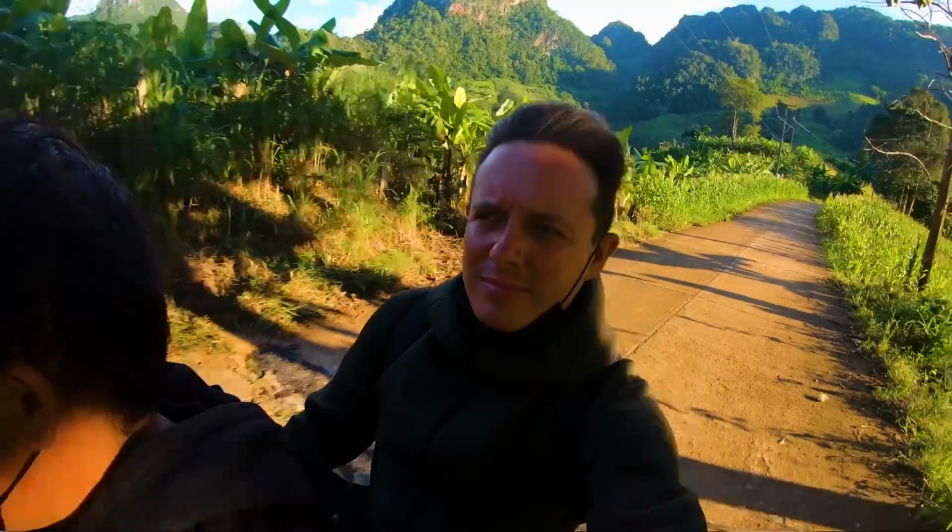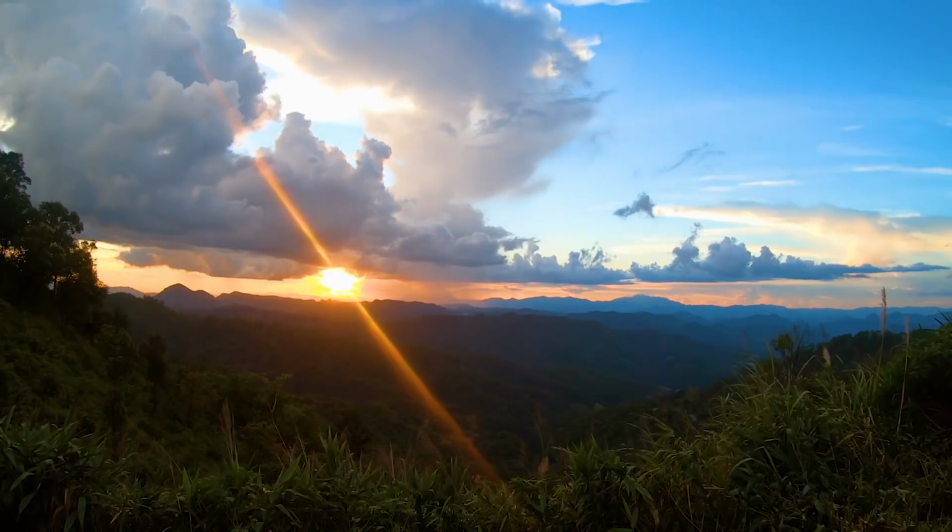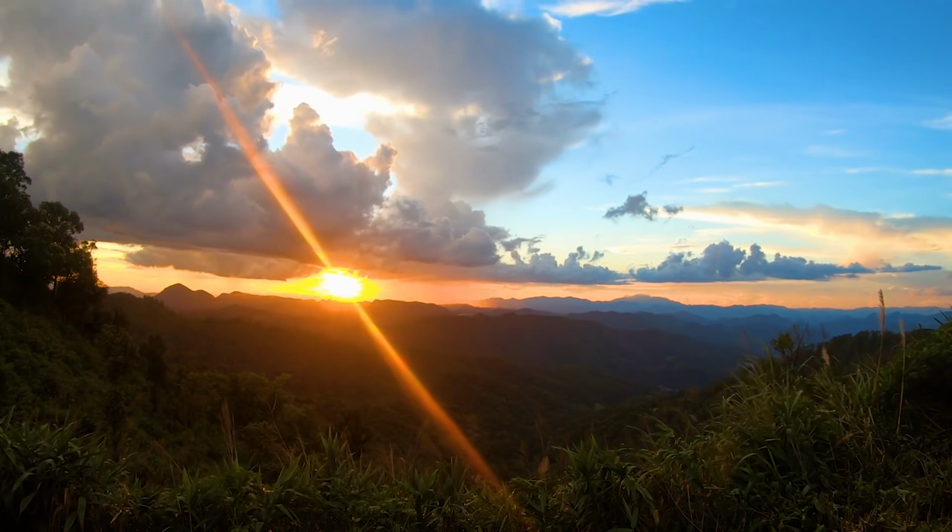We get back to his village for the second time, then we get on his bike, and we both drive to Pai through the most beautiful sunset you've ever seen. That was amazing. However, coming down into Pai, into the valley, there was a lot of rain, and we got soaking wet. And so when I got back to the tour guide company on the walking street, it was nighttime, and I saw the old fella who runs it,